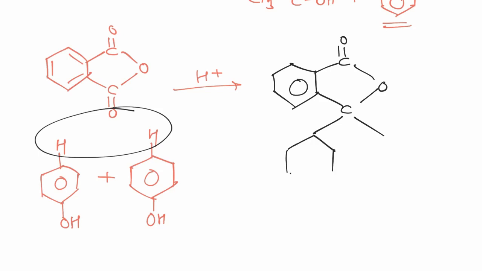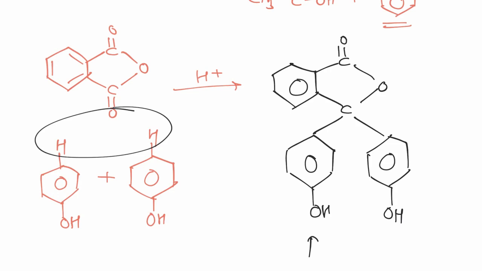Now this molecule is an acidic indicator. Now this compound is called phenolphthalein, which is used as an indicator, which is colorless in acidic medium, and in ionized state under basic medium it gives